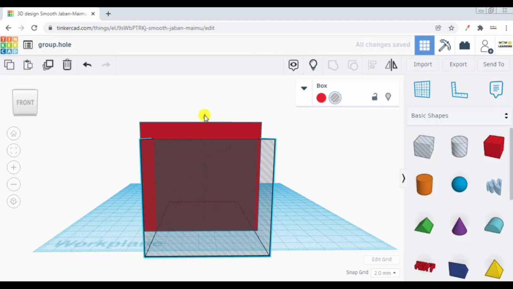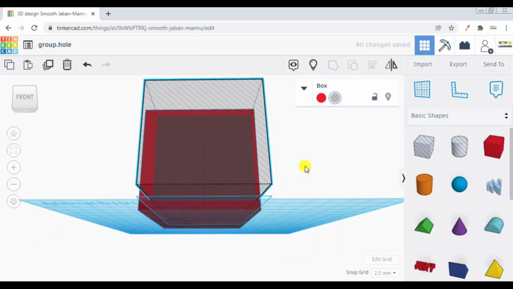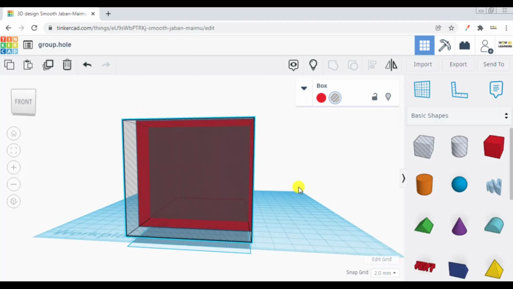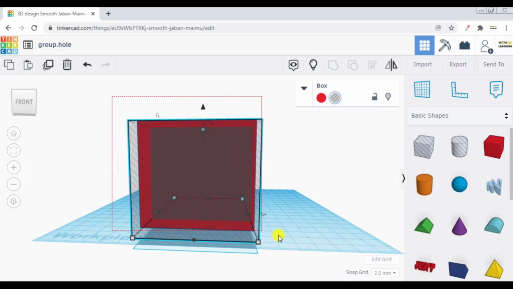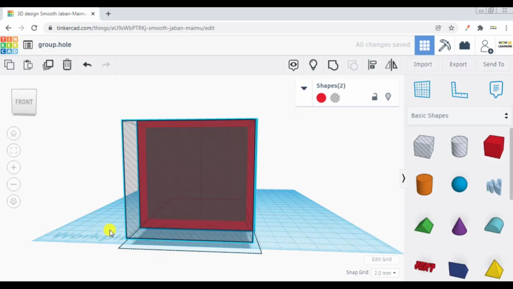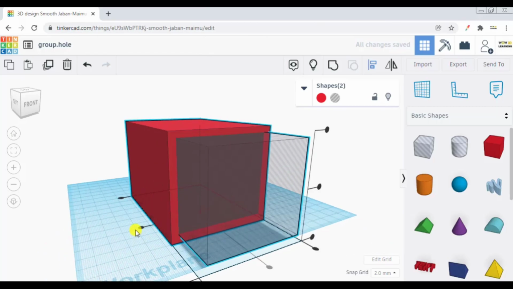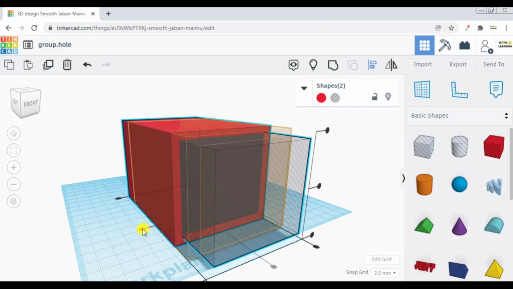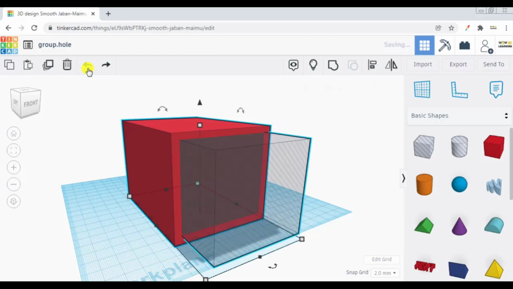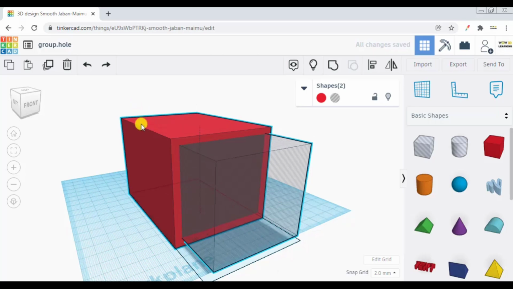So what I want to do is, I want to move my hollow box little bit upwards. At the same time, I want to ensure that from both sides it is not aligned. So what we do is, we select both the objects, click on align. Now let me click it here, and also we will click here. Let me undo it because I don't want my box to go back. I want the back portion to be close.